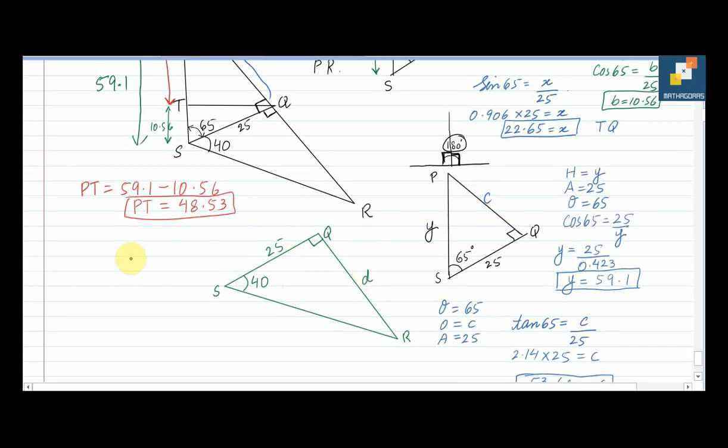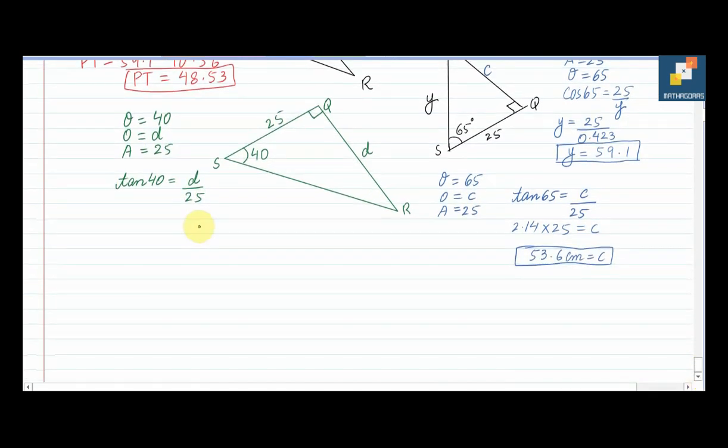If you make a theta, theta is equal to 40, opposite is equal to D, and adjacent is equal to 25. So opposite and adjacent comes in tan. So it's tan, angle is 40, opposite is D and adjacent is 25. If you make D the subject of the equation, it will be D is equal to